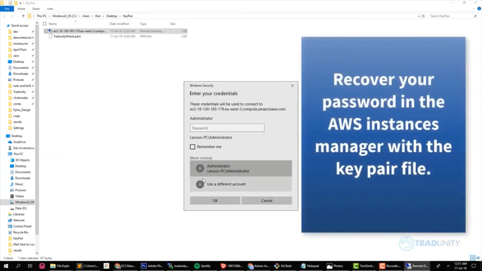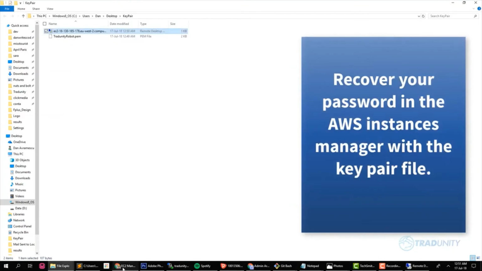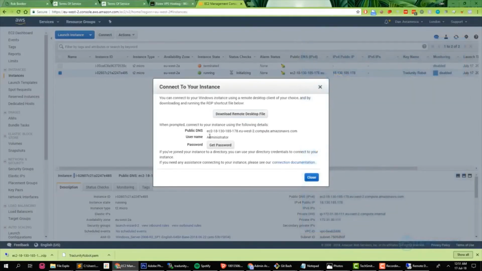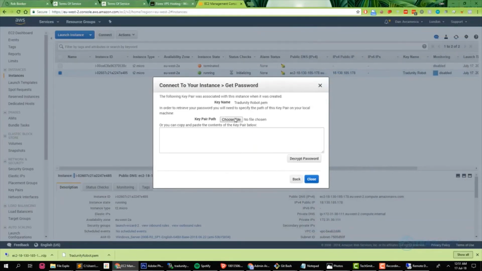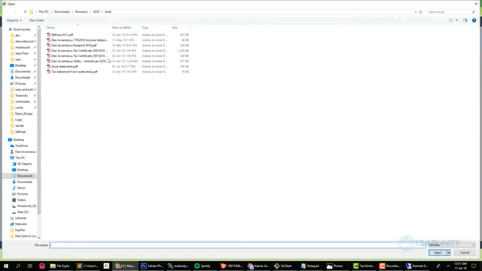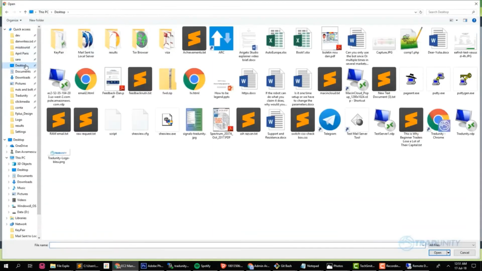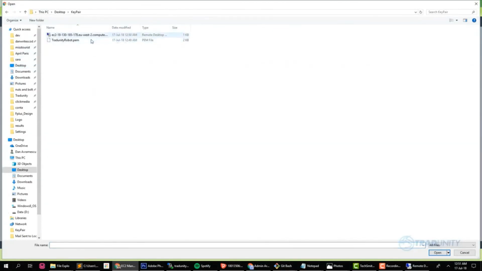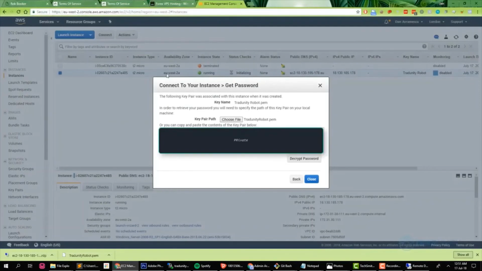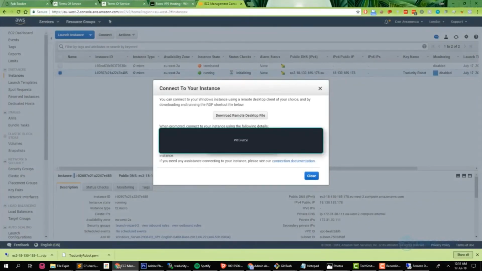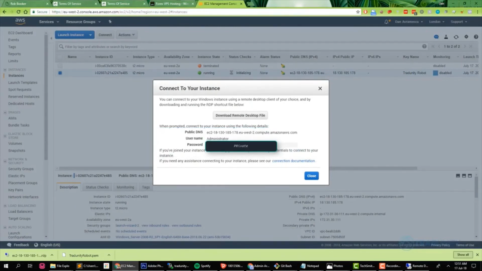In order to recover it, we need to go back to the dialog box from before, and you see that there it tells you your username, which is administrator, and then you need to get the password. For getting the password, you need to choose the key pair file that we saved before. Just find it where you saved it and double click it like that. Now you see the encrypted key. You decrypt your password. I'm gonna censor mine. Just copy yours, copy your password,